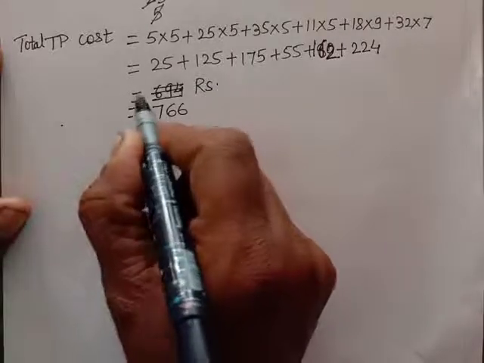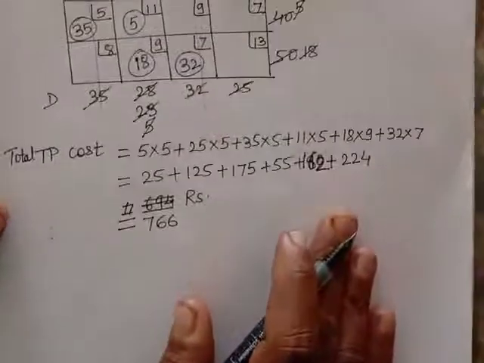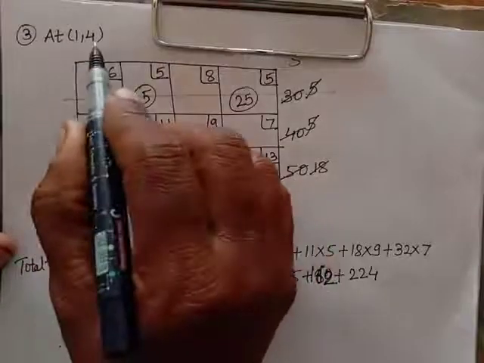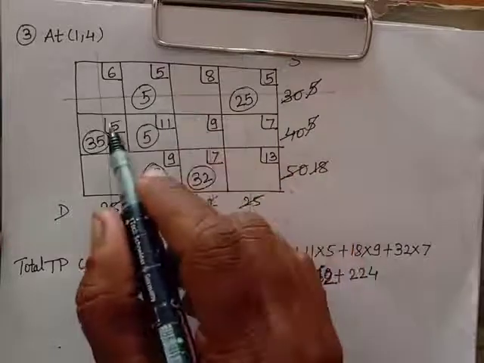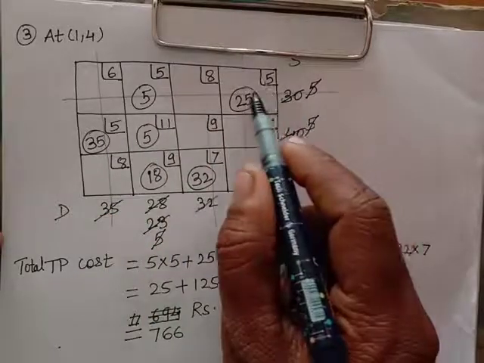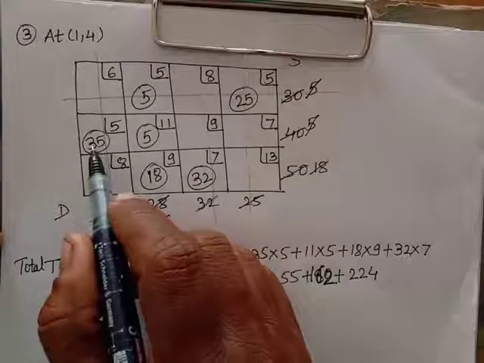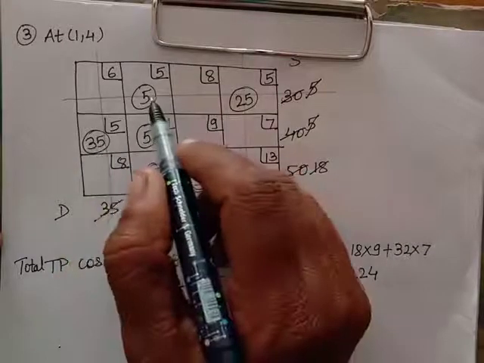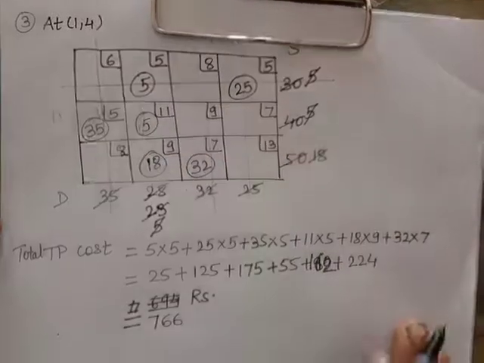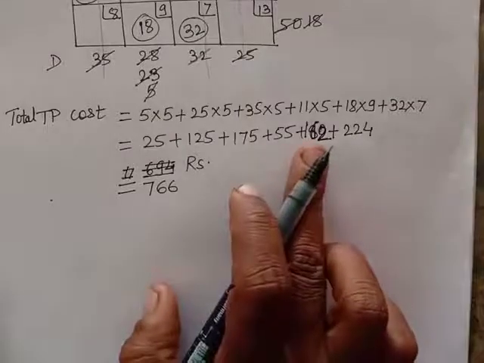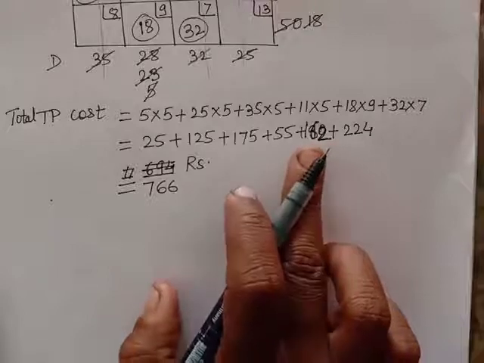This total cost here is 166. We had solved this example in the previous video. At the 1 4 position we had started using the least cost method. Later on, other allocations we did using the least cost method itself, but the least cost is 5 at 3 places. So we have done it before, starting at the 2 1 place, starting at the 1 2 place, and starting at the 1 4 place, which is this one. Here the TP cost I had made a mistake, sorry for that, and make this correction also.